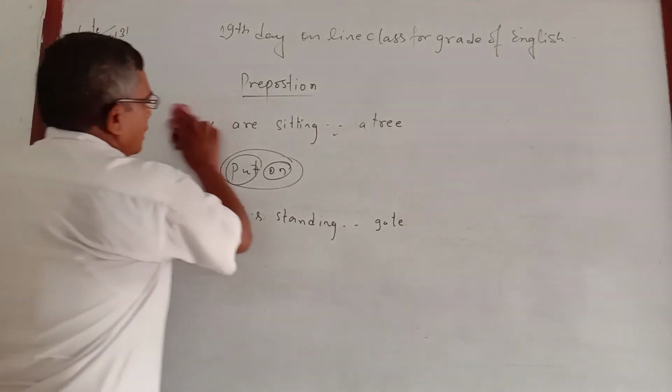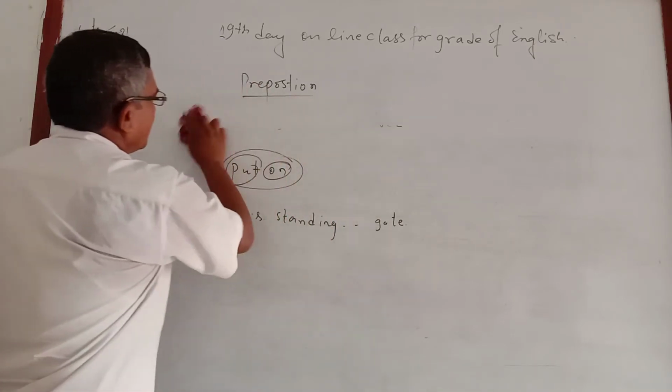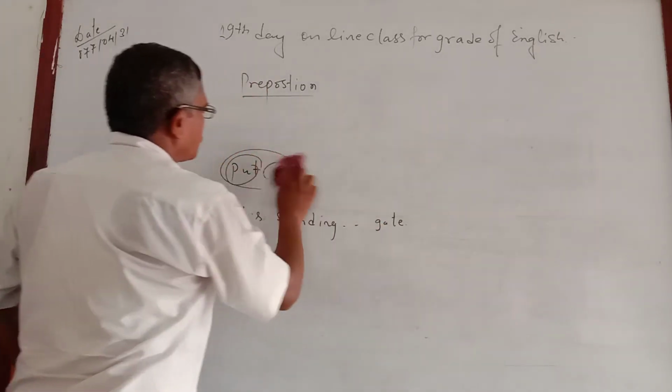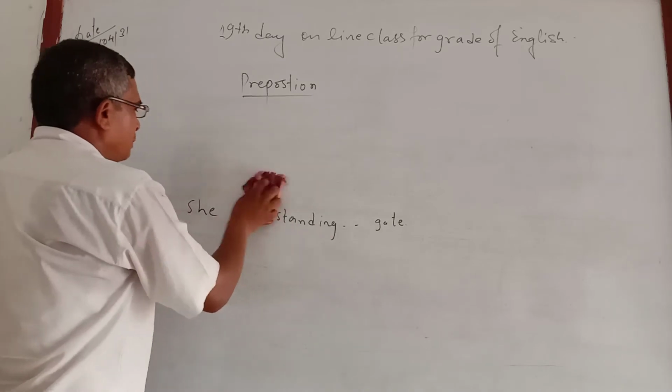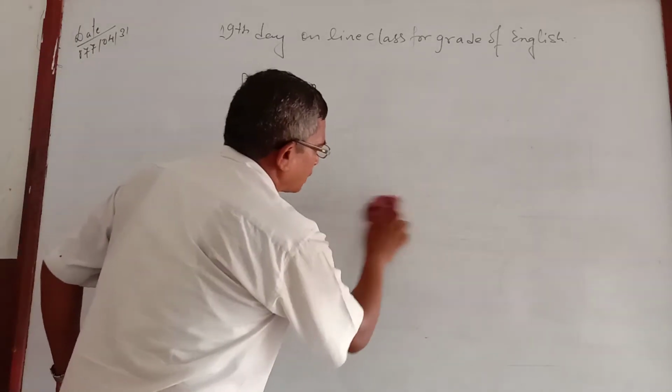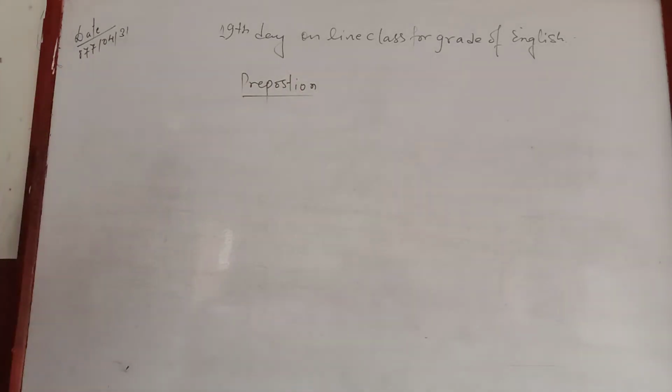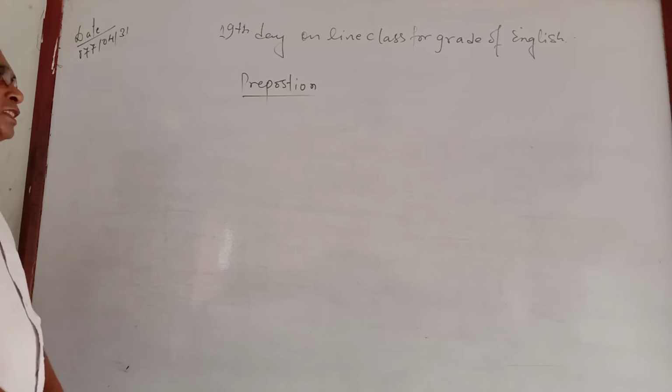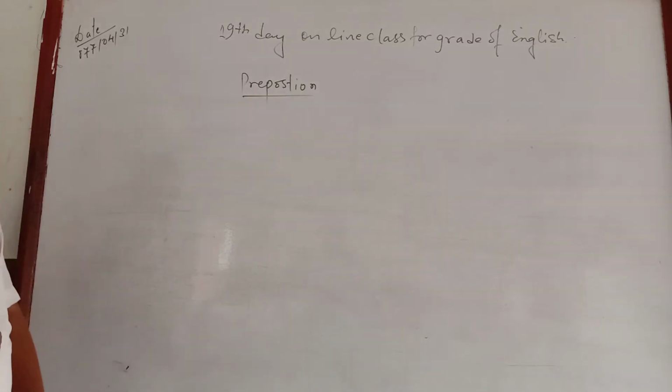So related to the preposition, be clear that generally the word that shows the relation or the location between two or more than two persons or things is called a preposition. Without prepositions, it is very complicated to say exactly the location or the condition or the circumstances of either the person or the things in a complete sentence.